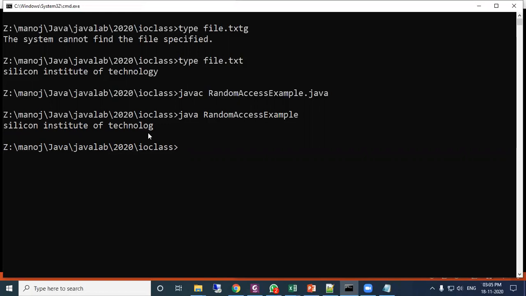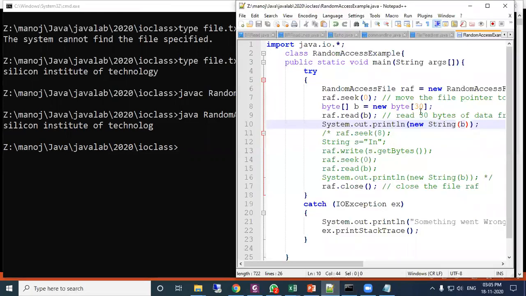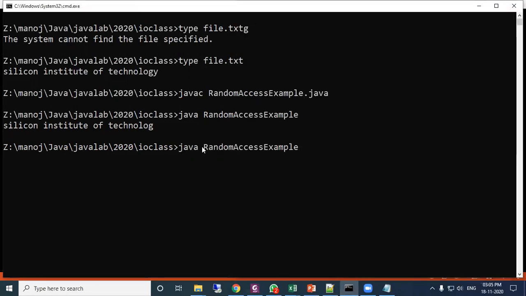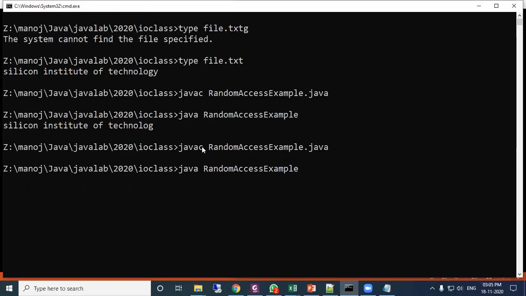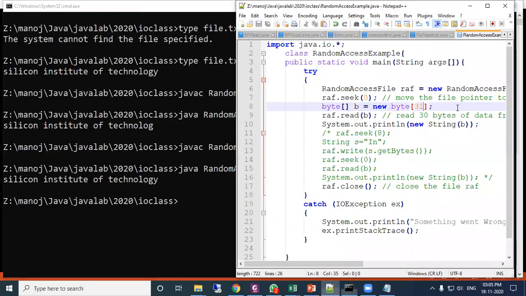So after 30 bytes it is not kept in B. Okay, so if I change it to 31, then let us see 31. Okay, let us see 31. Okay, so from here all of you understood how much byte data it will read and store. Then it is pending. Now we will continue this.